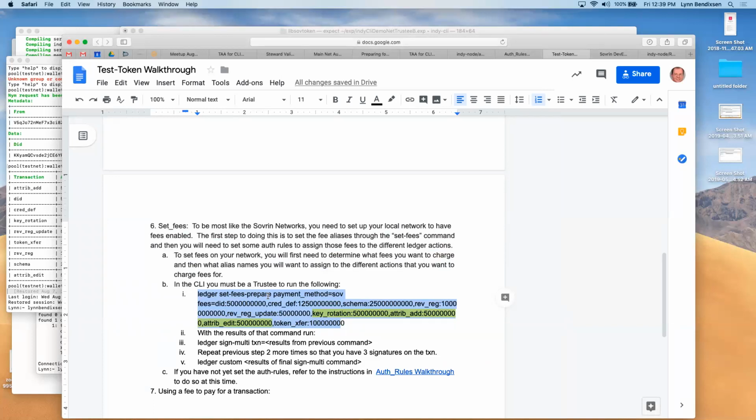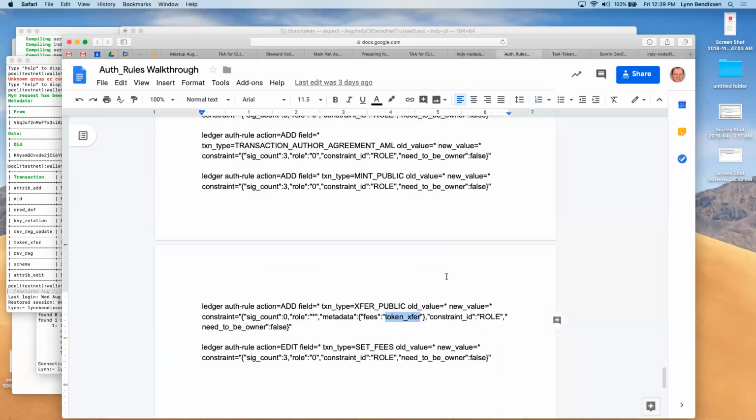Who's the other one? Matt Norton is another trustee. He signs it, and then we're ready to send it with a standard command to the ledger. So it has to go through a couple of different steps, unless you know enough about Auth Rules to go and change the Auth Rule that sets that up.